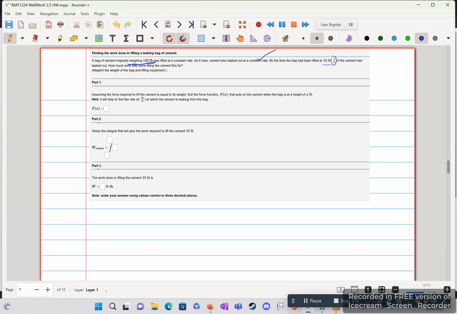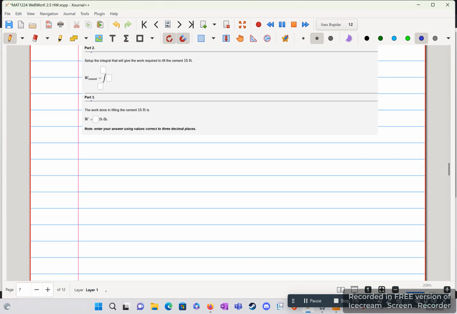And now part one here. We want to assume the force in the question is equal to its weight. Find the force function that acts on the cement at the bag at any arbitrary height x. So we're going to have our original, let's write it down here, part one, we're going to have our original